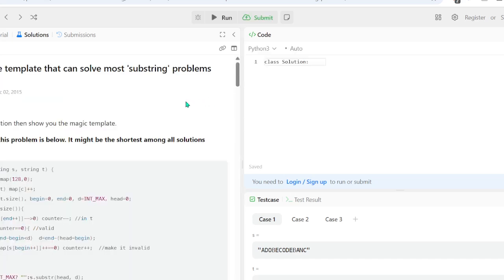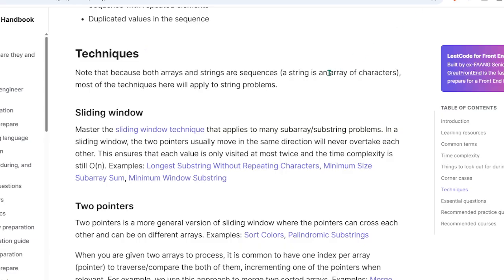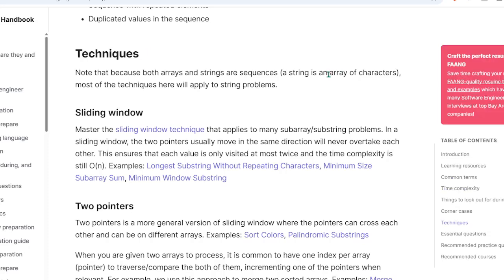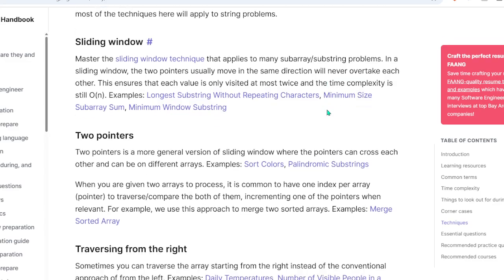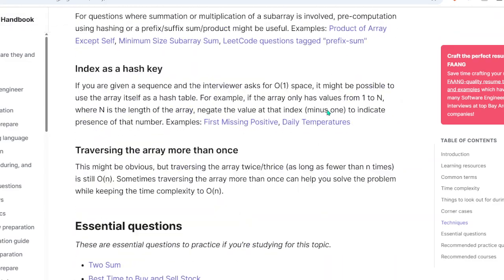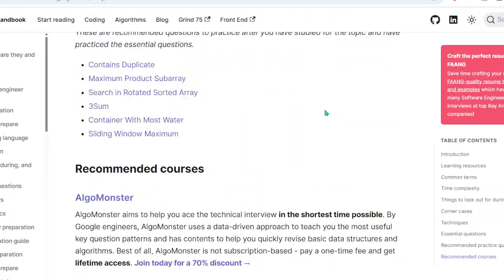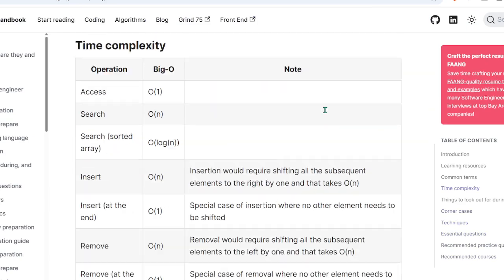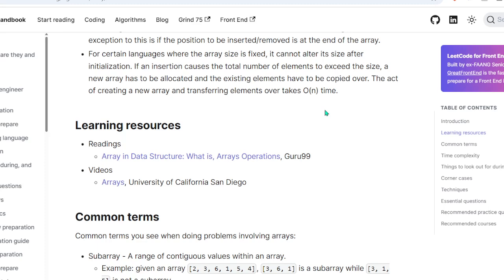There's a 10-line template that can solve most substring problems. So I think I kind of know how this works, right? You have 2 pointers, like a left pointer and a right pointer, I guess. And the left pointer never overtakes the right pointer, right? Okay. Wait, there was,